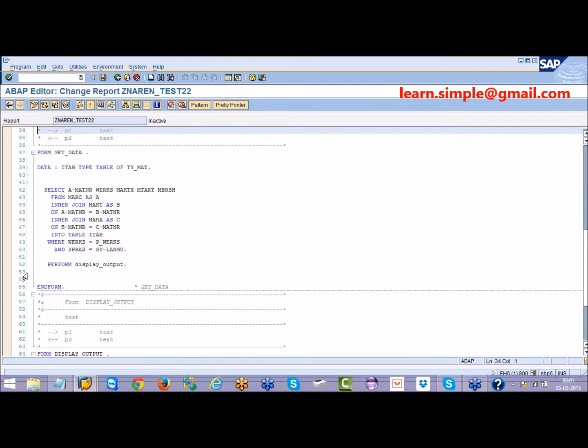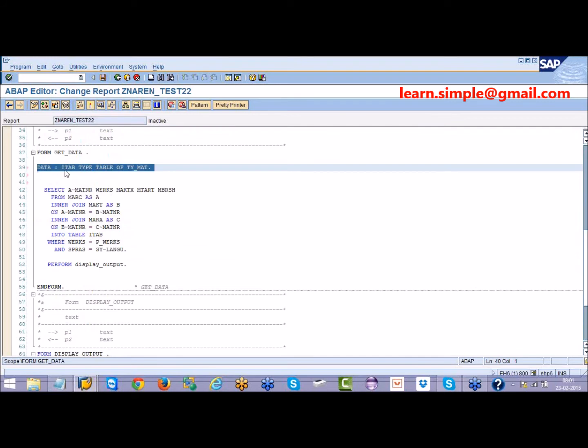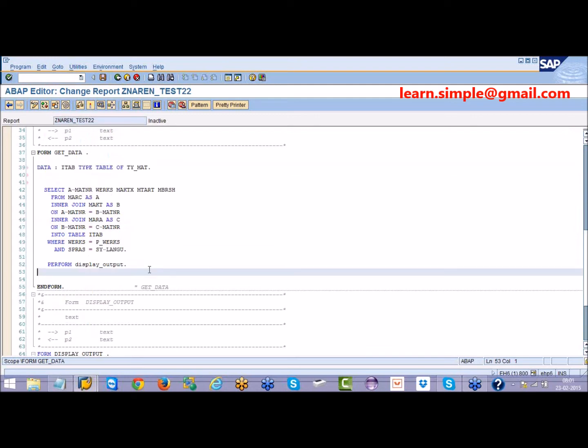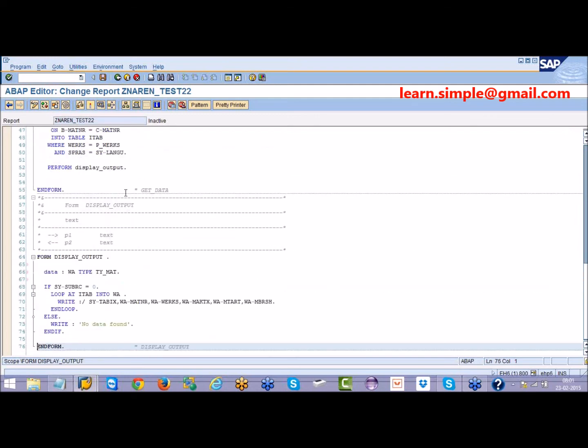Sometimes you will come across scenarios where local data is involved. For example, this internal table is a local internal table, and I want to pass it from this subroutine to that subroutine. I want to pass local data from one subroutine to another subroutine. How to do that?